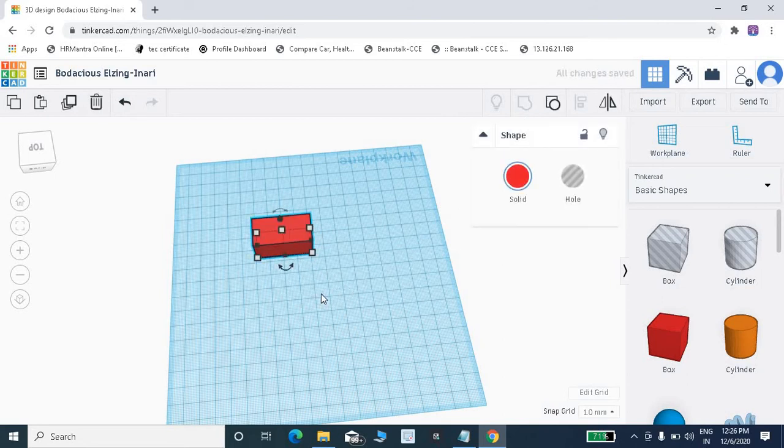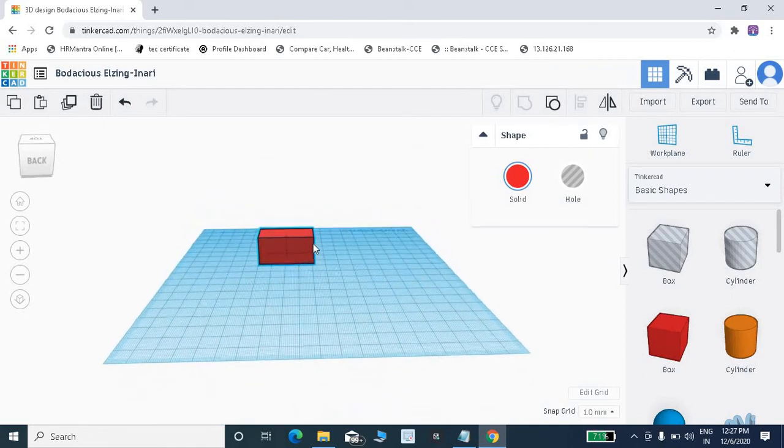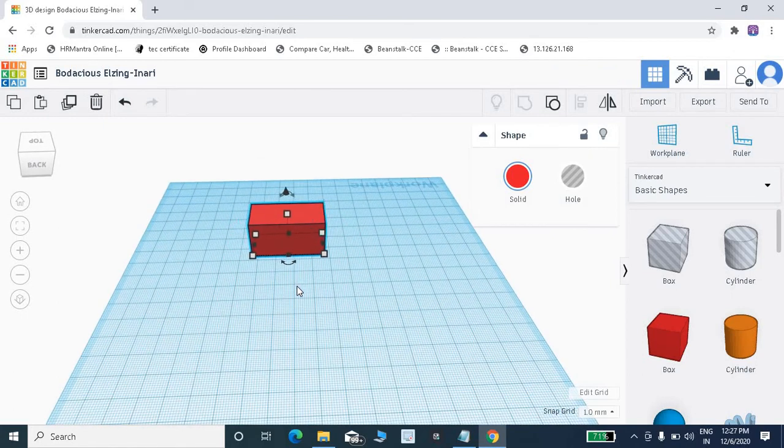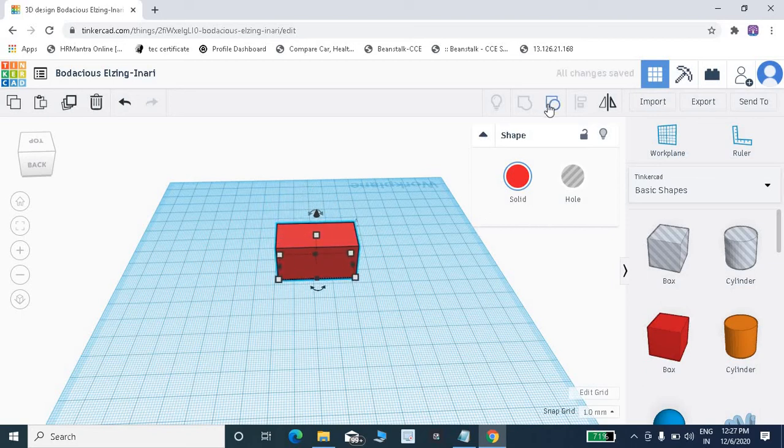See this one, two boxes joined together. Okay, then this button is ungroup. So you grouped two boxes and you want to ungroup them, then select this object and click on ungroup.